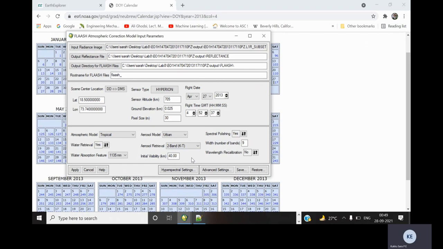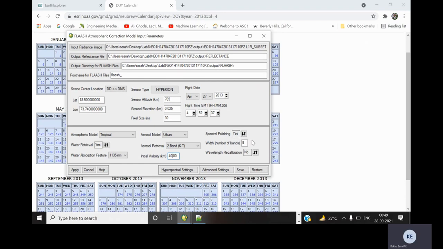And assuming that the data was acquired in clear sky conditions, we will give the initial visibility as 40. And next we switch the spectral polishing to yes, in order to remove the spectral artifacts of the final surface reflectance image.